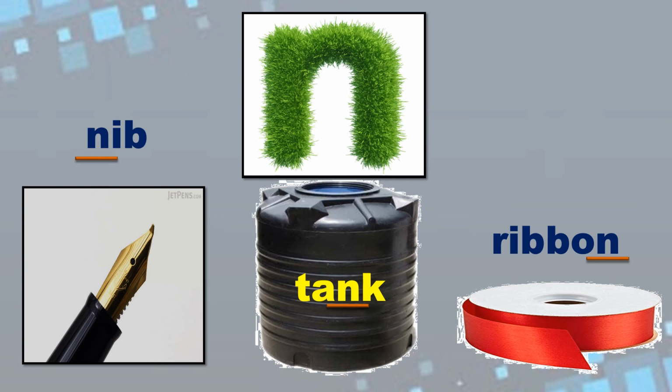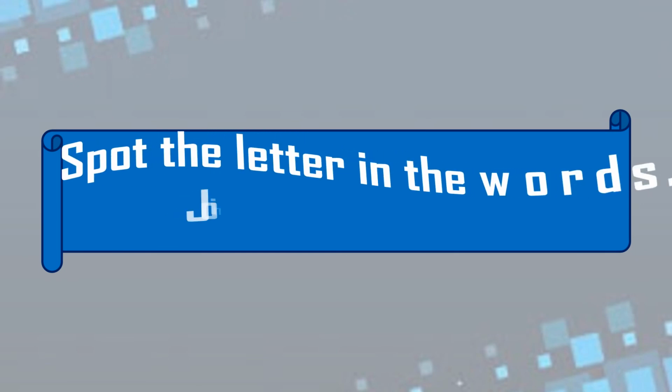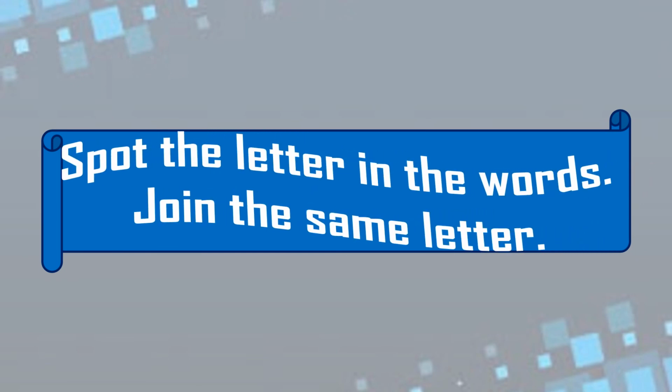Now we will do the third activity from page number 12. There are all these four letters D, F, M, N and there are some words with them. What we are going to do is spot the letter in the words. We have to find out the letters in the word. Just now we have done that activity. And then we have to join the same letter. Now we underline them. Now here you have to join the same letter. There are four letters. I'll show you with the first letter and then the rest of the things you can do.